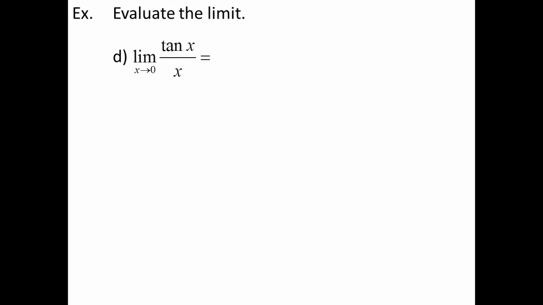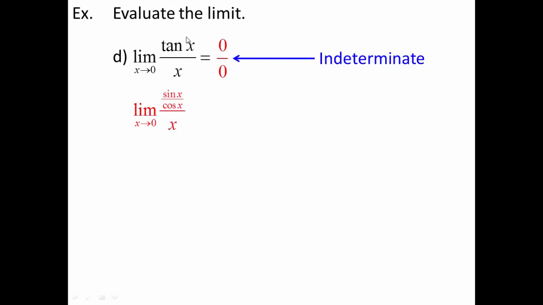So I'll go through the needed step of plugging and chugging to start with to prove that it's indeterminate, and then I'll just replace tangent with sine over cosine. In order to make my simplification a little bit more obvious, I'm going to go ahead and rewrite this as 2 separate fractions multiplied together. So instead of the sine over cosine being in the numerator, I'm going to pull that numerator off to the side so that it's 1 over x times sine over cosine.